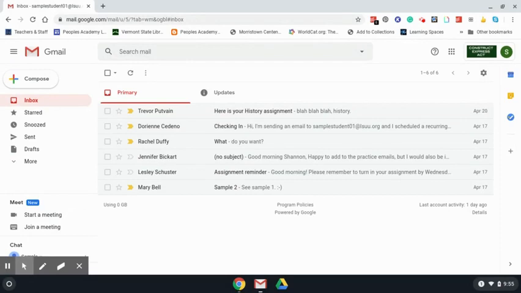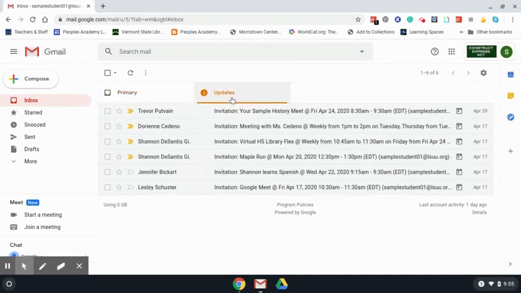What this does is all of your emails from your teachers are in the primary tab, while all of your calendar invitations and Meet